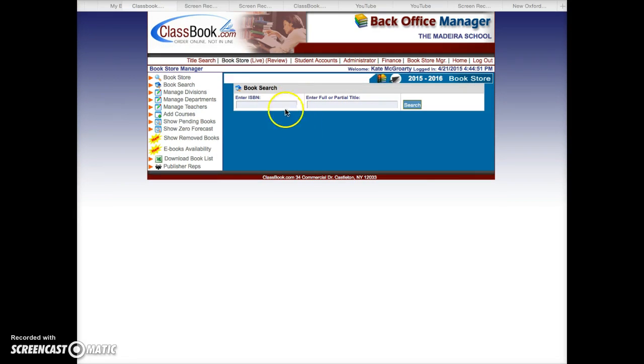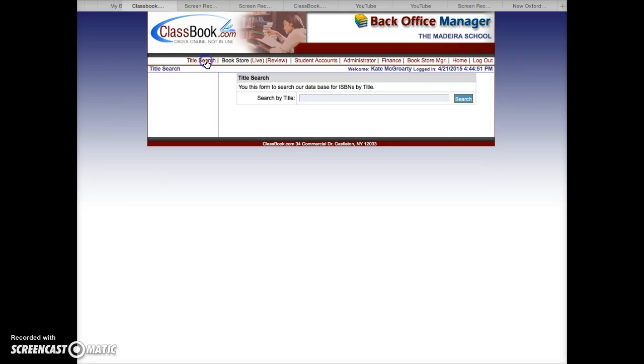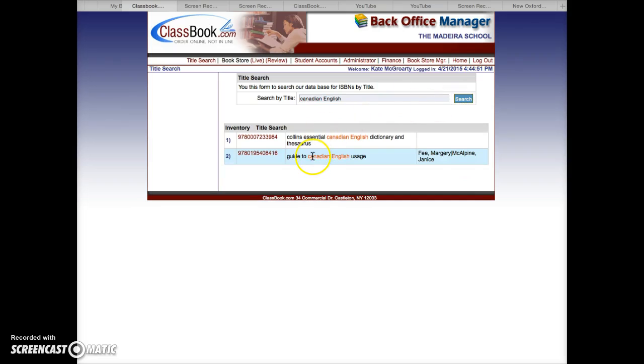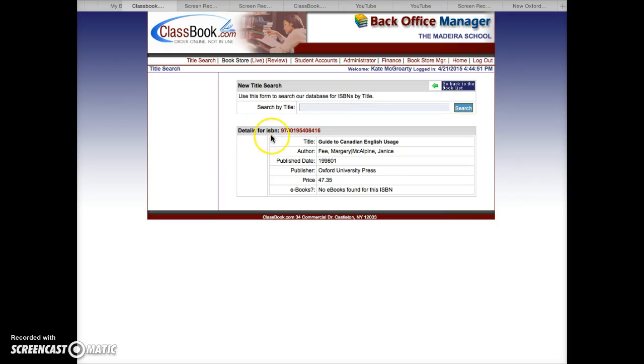So this book search is actually, in fact, looking in our own bookstore. So what we want to do is look at the title search. And here I can type in Canadian English. And let's do a quick search. And it has found my book, The Guide to Canadian English Usage. So I'm going to click on this. And this is now my ISBN. It's telling me the price, that there isn't an ebook for it, but I can copy this ISBN number